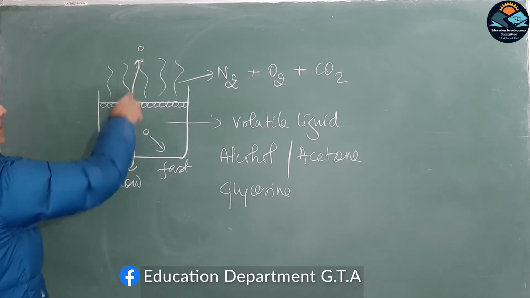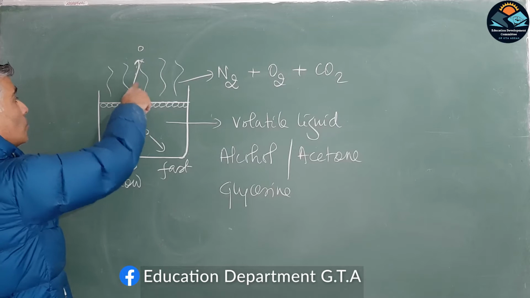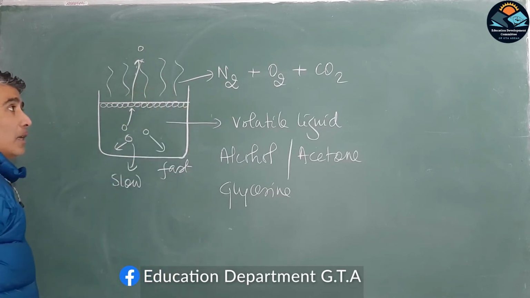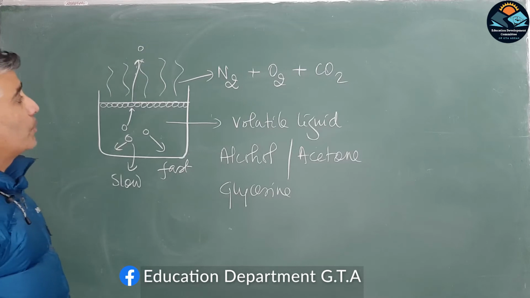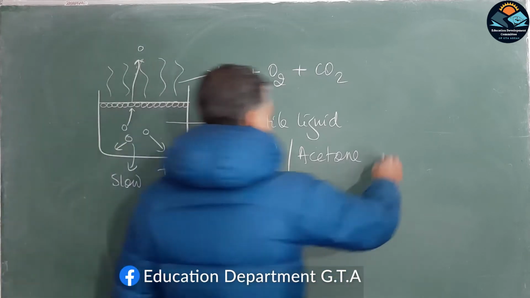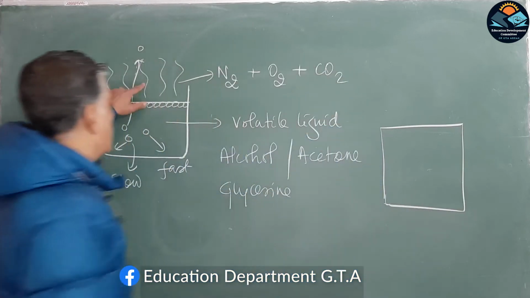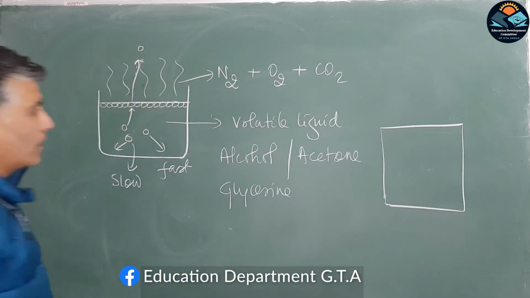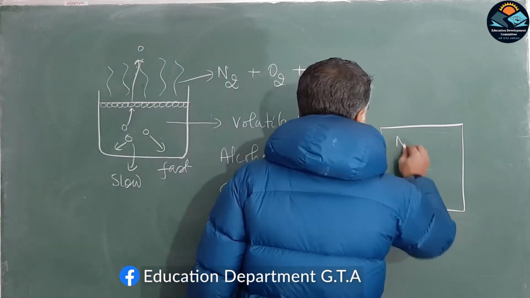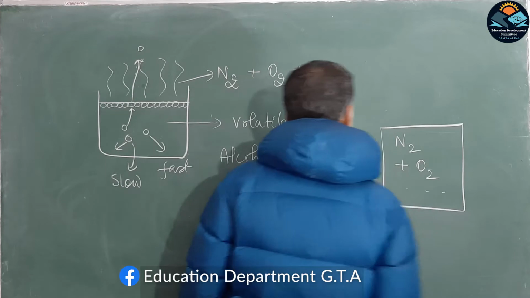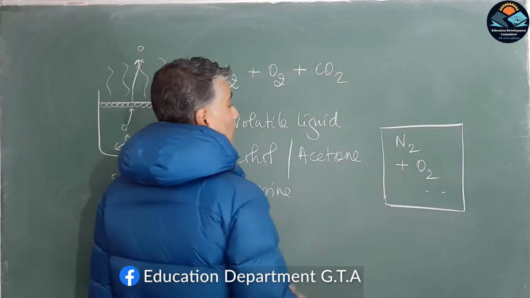So just above this liquid surface, you not only have the vapor of the liquid, but you've got so many other gases. Those are components of air. So if you have a mixture of gases, like nitrogen gas and oxygen gas and lots of other gases in a mixture,